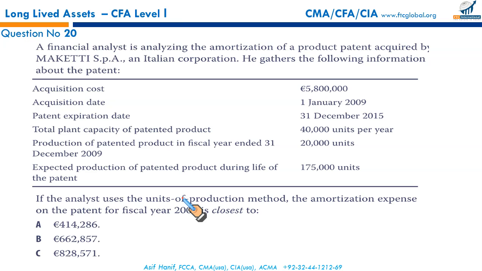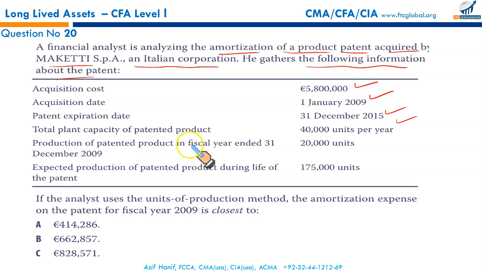Next, question number 20. A financial analyst is analyzing the amortization of a product patent acquired by Macati, an Italian corporation. He gathers the following information about the patent. Acquisition cost is given, acquisition date is given, patent expiration date is given, total plant capacity of patented product 40,000 units per year,